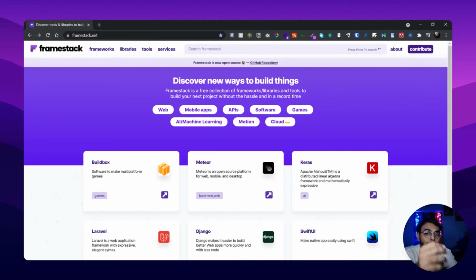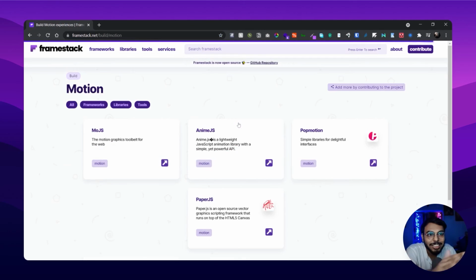You will find some greatly inspiring frameworks out here, and you will definitely love it. I'm giving you a 100%, 200% guarantee that you will find something that will blow your mind, in your own genre. That's how cool it is. Yeah, here is Motion.js, great.